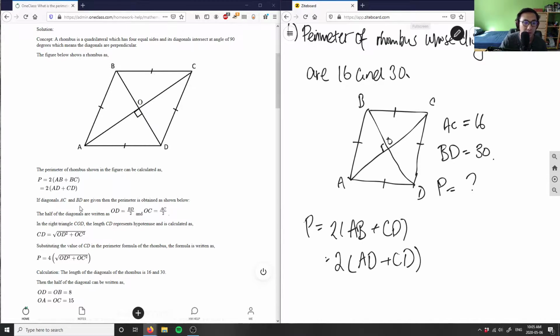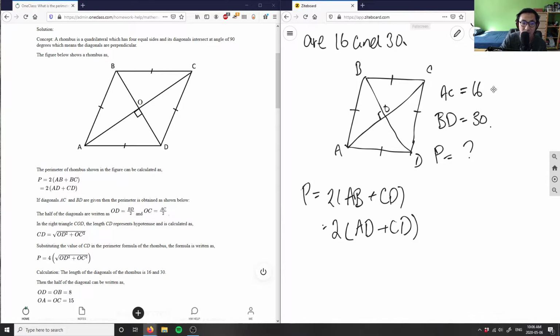So it's saying here, if diagonals A and C and B and D are known and they're given to us, the half of diagonals, so from A to O and from O to C here, would be simply just these numbers divided by 2, right? So what we know is that every time we take half the diagonal here, it's from one of the corners to the center of our